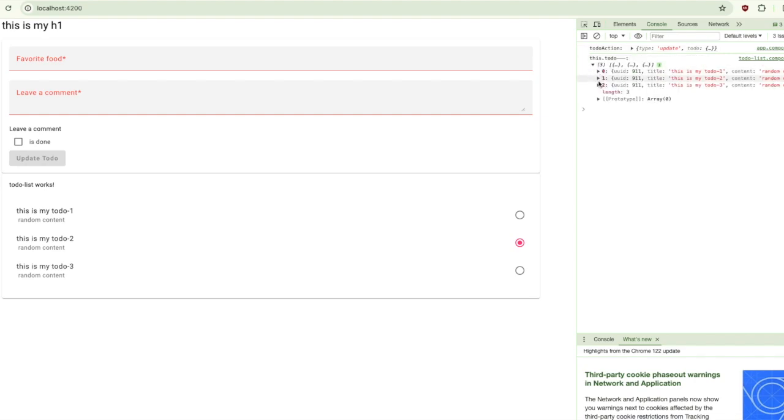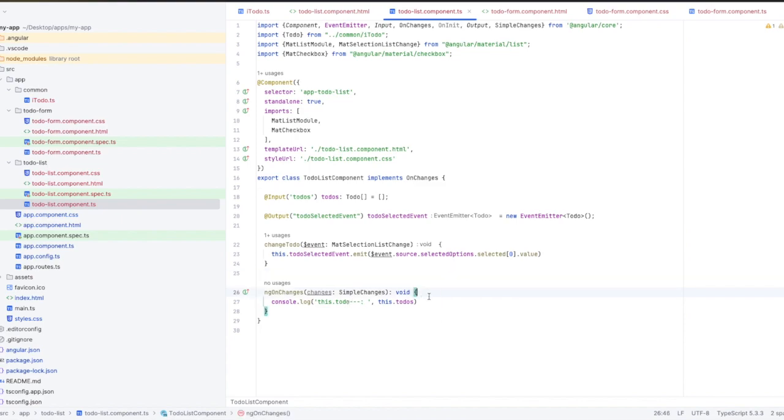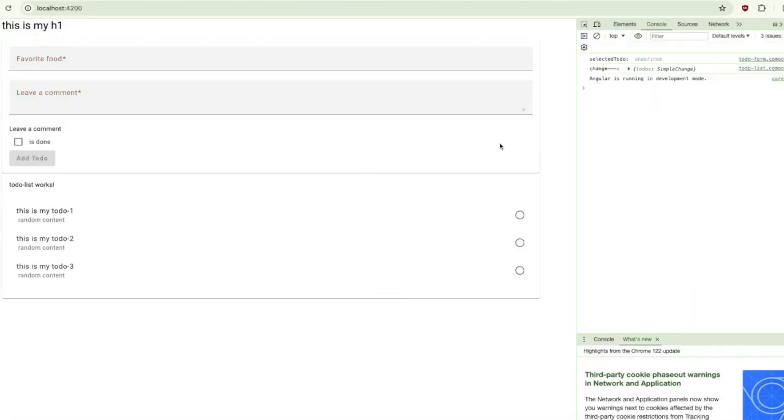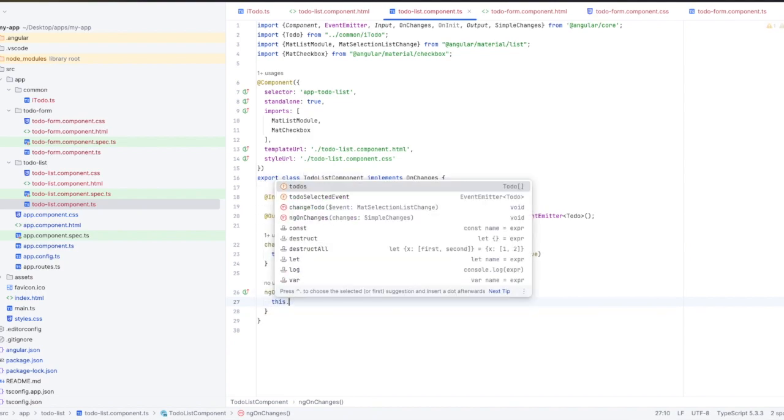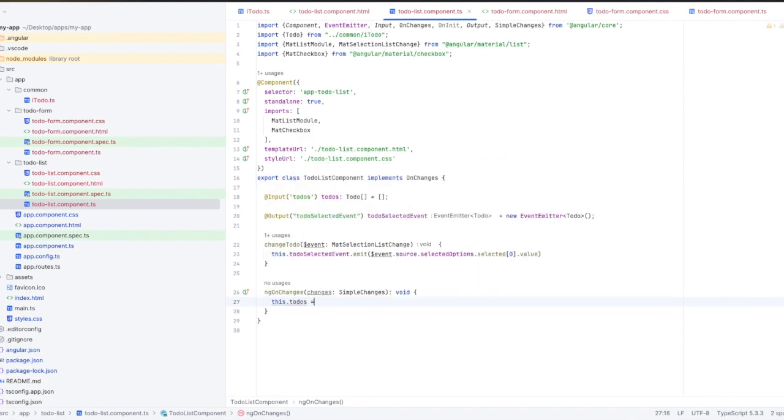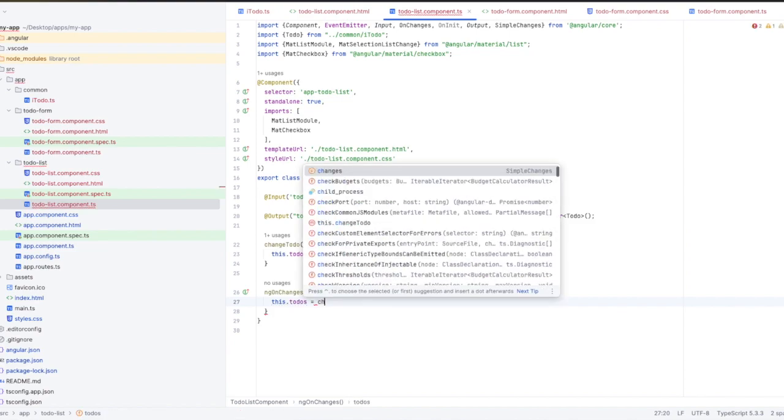I have the change, but I don't have this. So what I'm gonna do, I know in the change I can get the data also. Changes. I don't remember how to get, but I'm pretty sure I can get the data, so like I said, this dot to do equal to changes dot